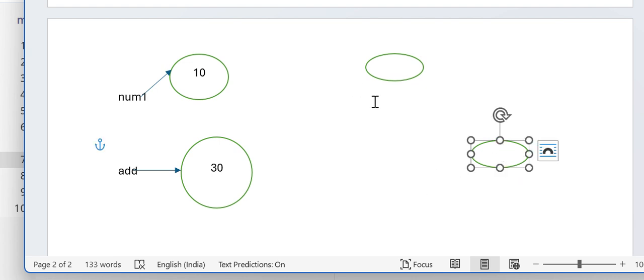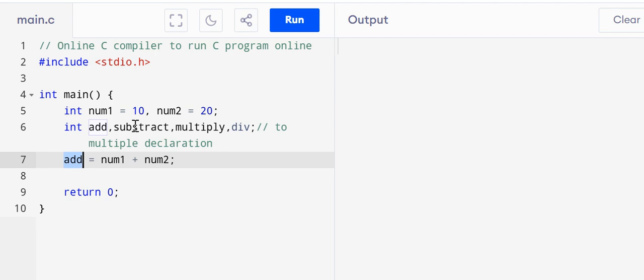and the name will be added, whatever the attribute we have given here: add, subtract, multiply. So internally that will be used by the C compiler, and that will be assigned here. So same, add, and then for